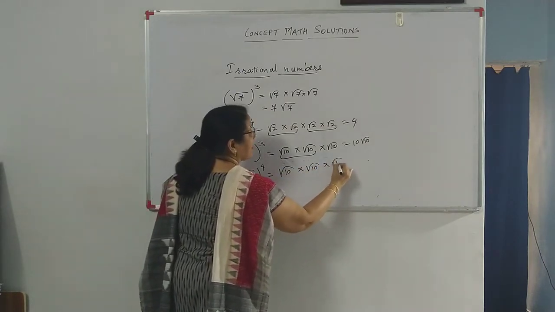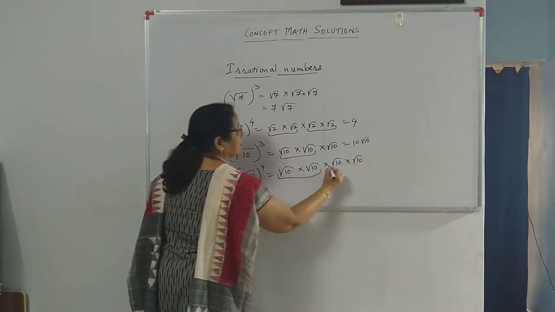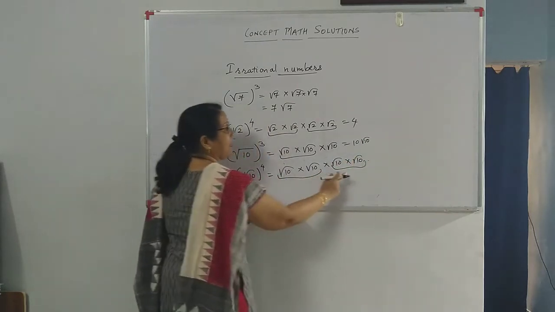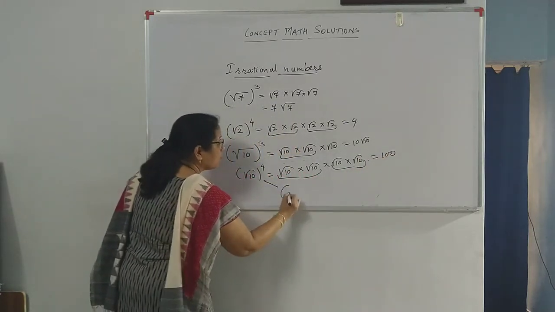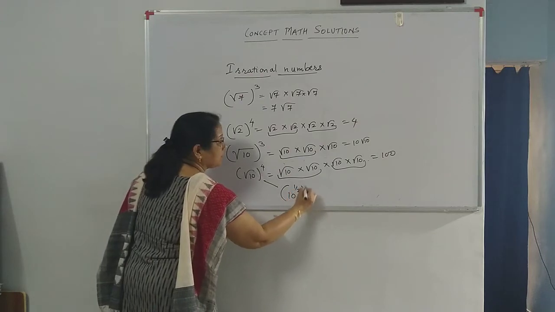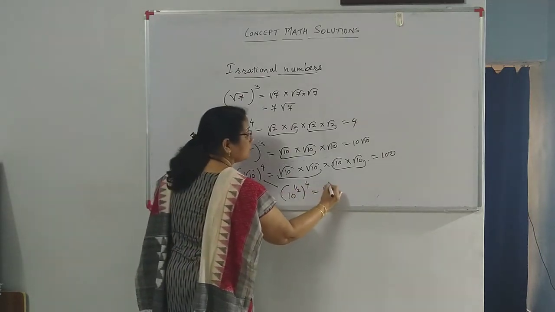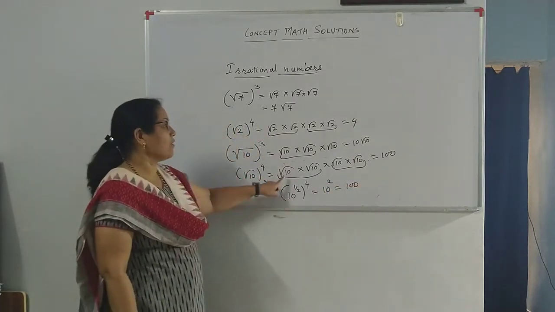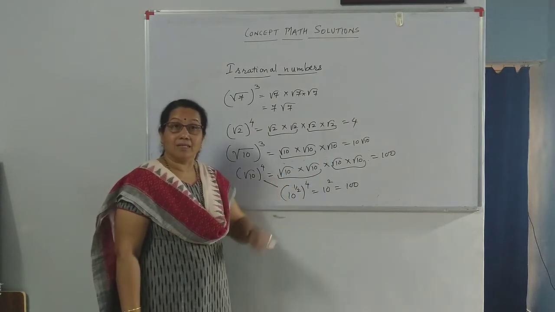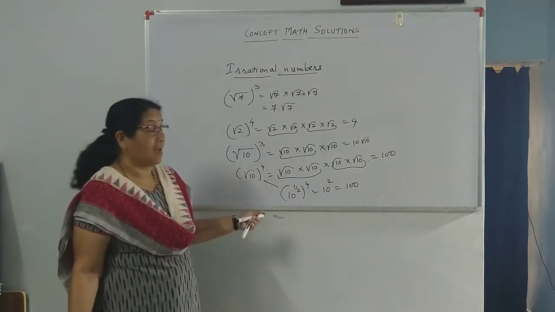And as I said, it can be done in different ways. I'll show you the other way also. This is 10 and 10, 10 tens are 100. The other way, root 10 is 10 to the power half, to the power 4. 1 by 2 into 4 is 2, and 10 square is 100. So whether you go this way or this way, you are going to get the same answer. That's what is simplification of these numbers.